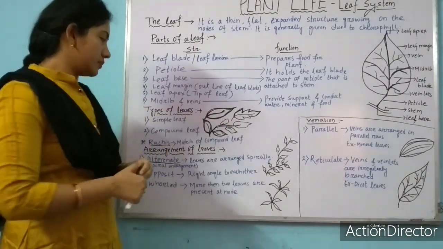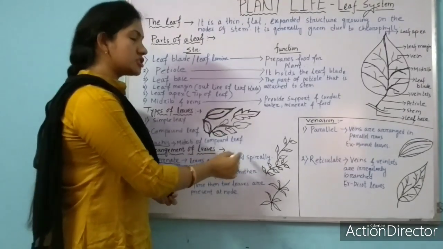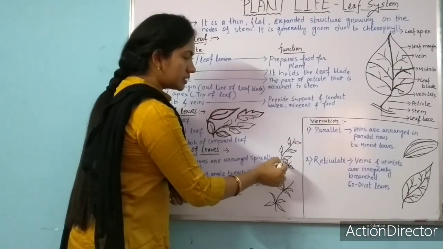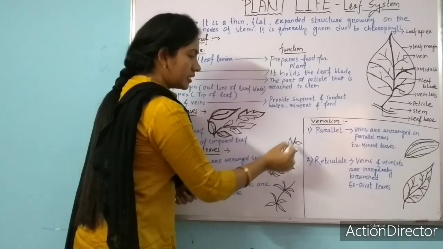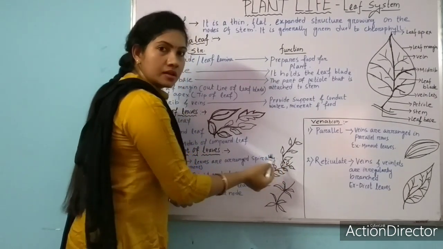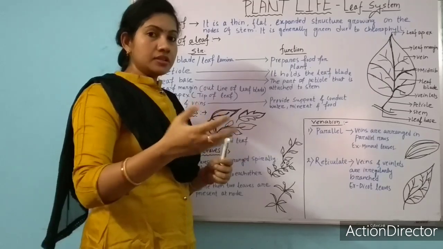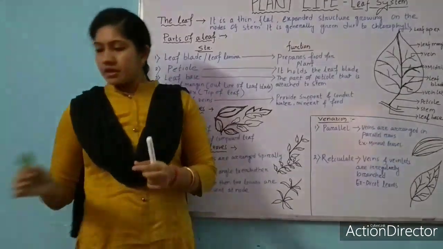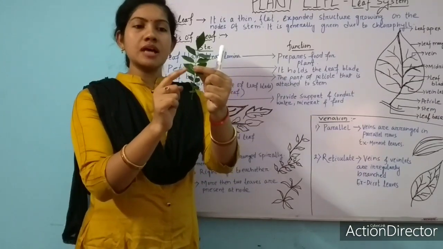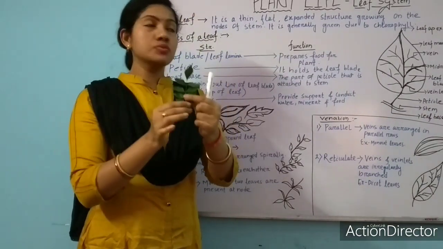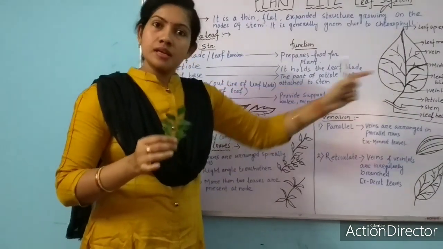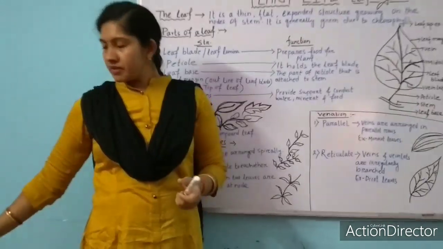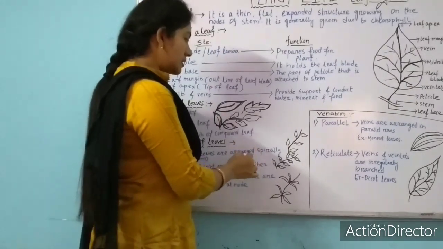Why? I will tell you. Here see, leaves are arranged spirally. Here I have done the alternate arrangement. This is the midrib, and can you see the leaflets? I am using the word leaflet. Leaflet means the small leaves. Here this is a compound leaf and these are the leaflets, the small leaves. So here the leaflets